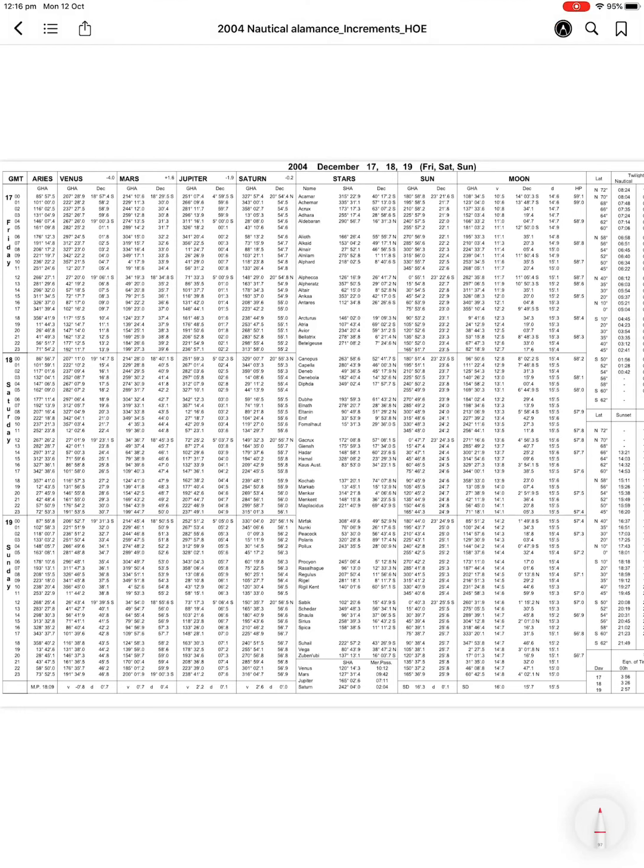So what are the values I can get from here? Let me show you. Firstly, this is 19th of December here. Right? And I'll be going under the column of Aries because I'm working with stars. So all stars come under the column of Aries. This is where the GHA is given. So GHA Aries for 19 December and GMT time 2000 hours is